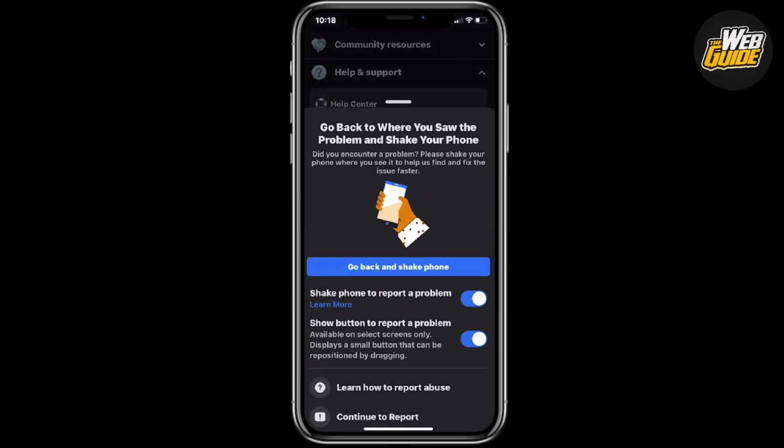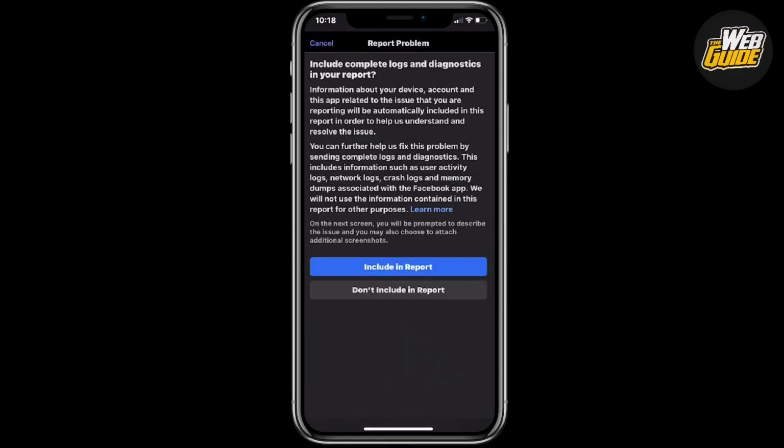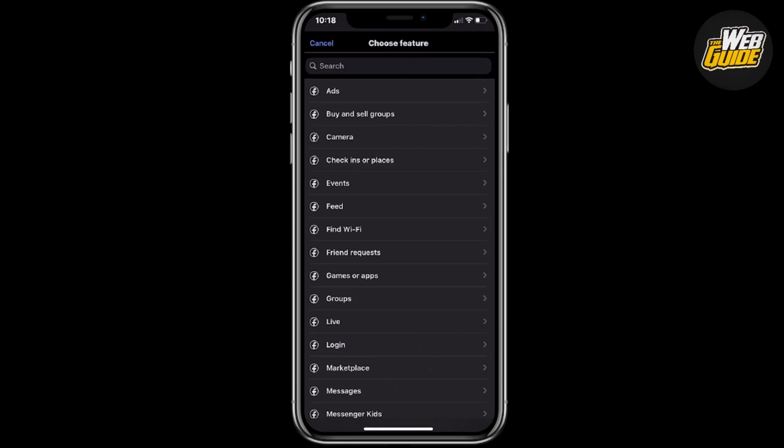Now, it's going to ask you if you want to shake your phone to report the problem. You can go ahead and do that, but I'll just click Continue to Report. Here, it's going to ask if you want to include the complete logs and diagnostics. You can do that, as that does help Facebook further fix the problems you actually have. So, I'm not going to include it for the video today, but once you've done that, it's going to ask you